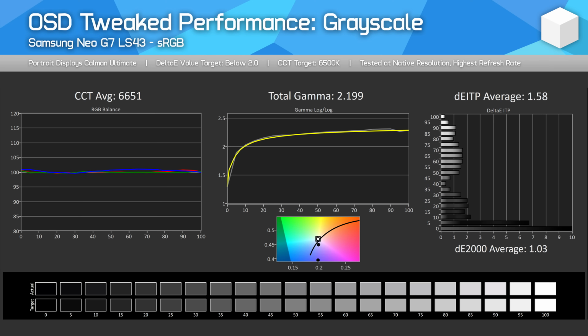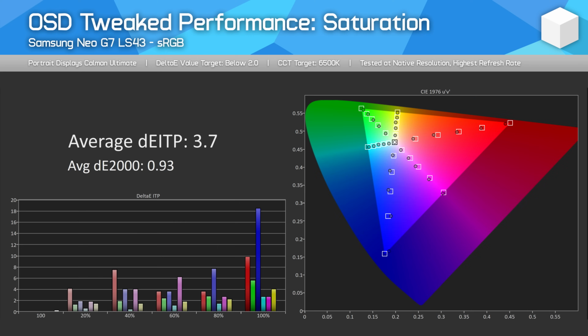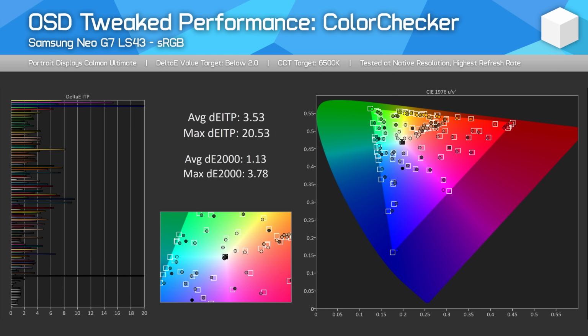Beyond this, we can really begin tweaking and almost hardware calibrate this display. With settings like gamma, color space, shadow detail, and the comprehensive white balance controls all tweaked, we end up with fantastic results that you can't achieve on many other monitors. Grayscale performance is excellent, although the shadow detail setting does reduce contrast to some degree, while saturation and color checker results are above average. So if you do want an accurate monitor with settings saved in hardware, that is possible